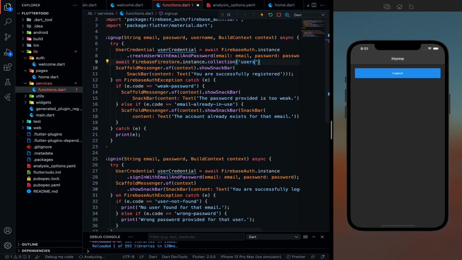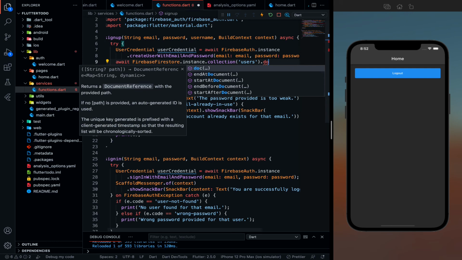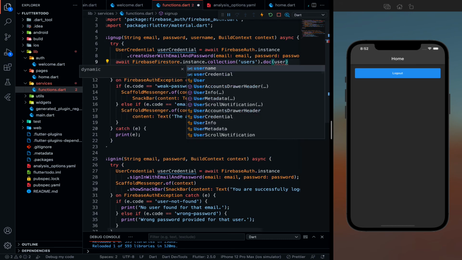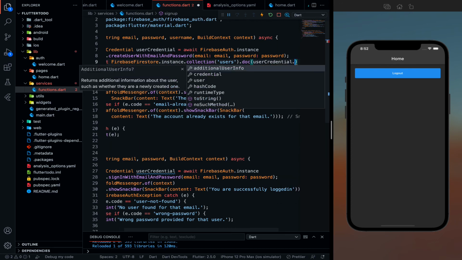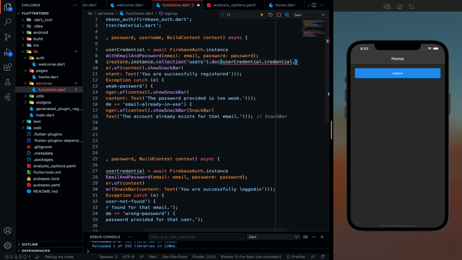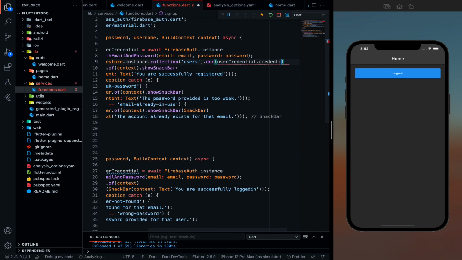So I'm creating a collection users, right? Dot document, and userCredential.user.uid.